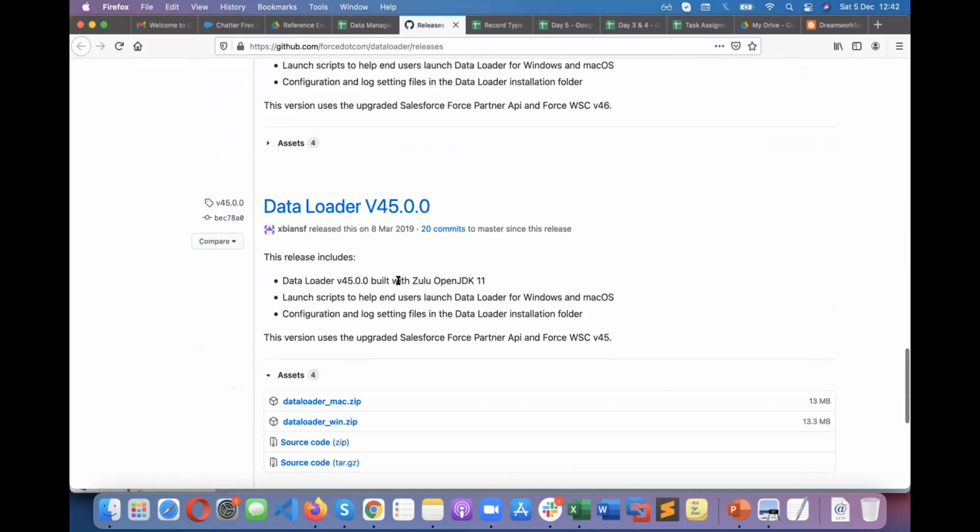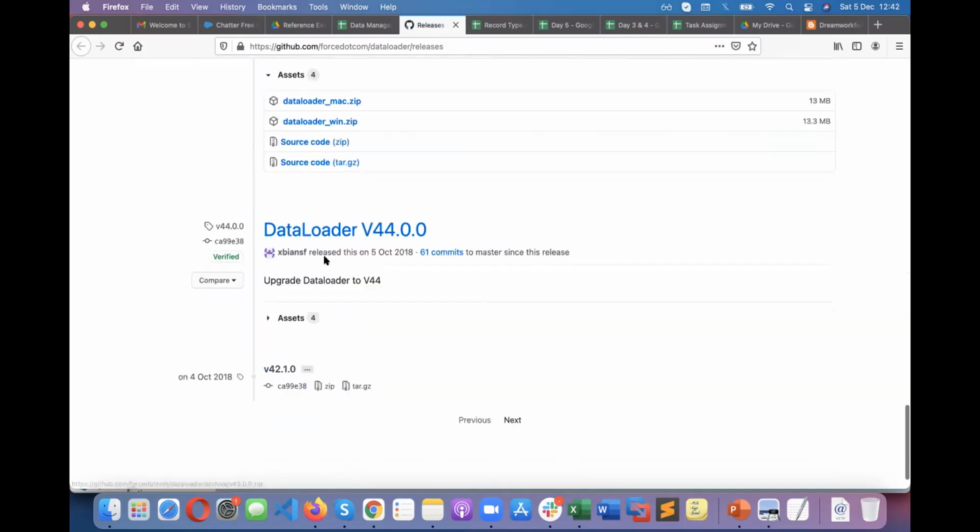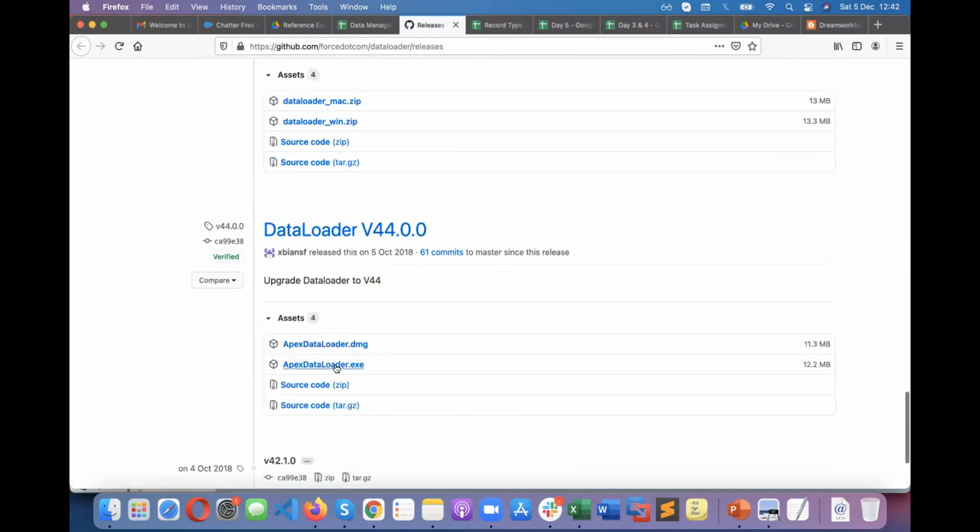To install the latest version, you need to install Zulu OpenJDK, which is JDK software, but we don't want to go through that. If you go for version 44, you don't need to do it. Very simple. Just download this software. I already installed it, so I will show it to you. On the current version of Mac, I'm getting some issues even with the DMG file. The screen doesn't appear on the Mac, but on Windows it works very nicely without any issues if you have Java installed. So just install the latest JDK, then simply download this and install it.